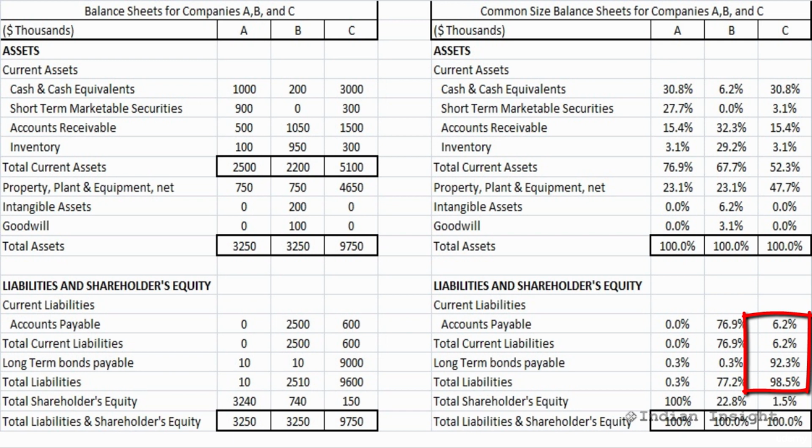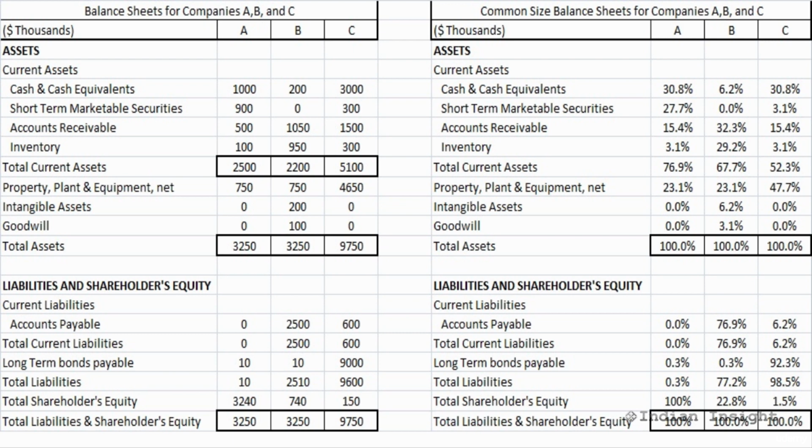are financed with liabilities. If Company C experiences significant fluctuation in cash flows, it may not be able to pay interest and principal on long-term liabilities. Hence, Company A is a lot more solvent than Company C because it has less than 1% of assets financed with liabilities. The common size balance sheet analysis may also reveal differences in a company's strategy.